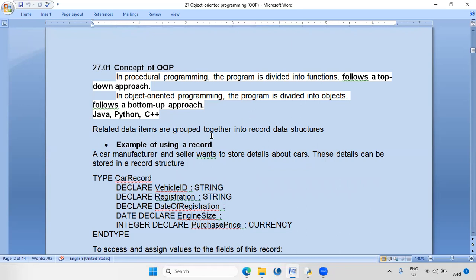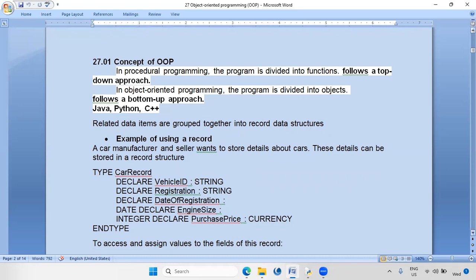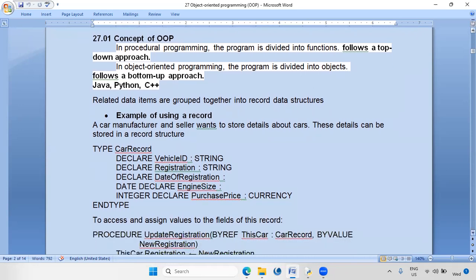Related data items are grouped together into record data structures. I hope you remember record data structures. When we did the abstract data types, user-defined data types, we had the record data type or record data structures. Example of using a record. The car manufacturer and seller wants to store details about cars. These details can be stored in a record structure